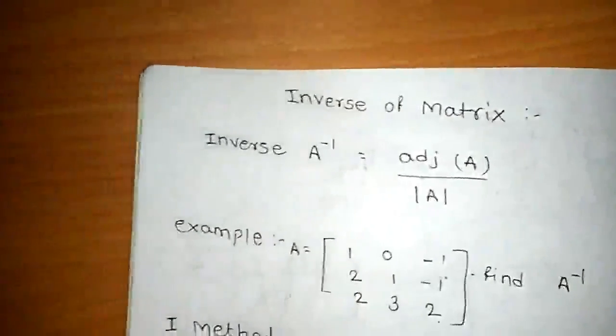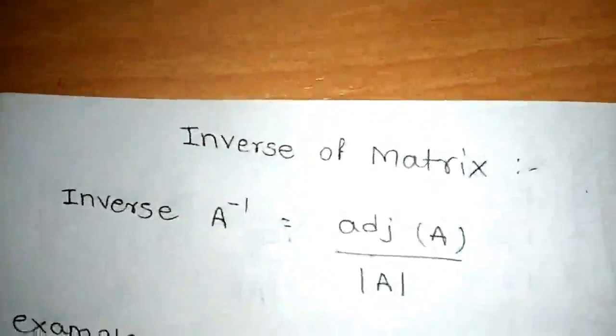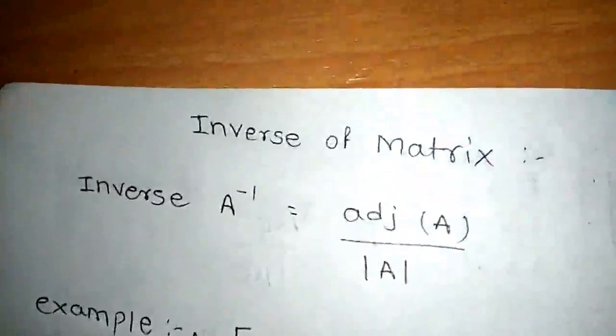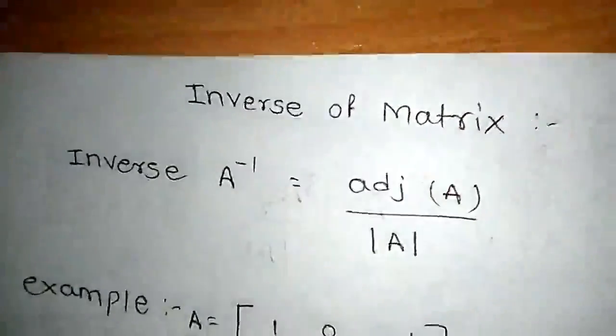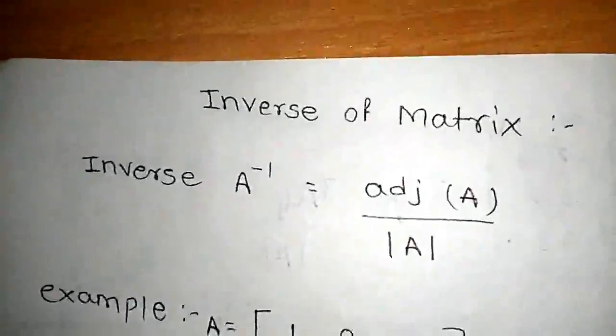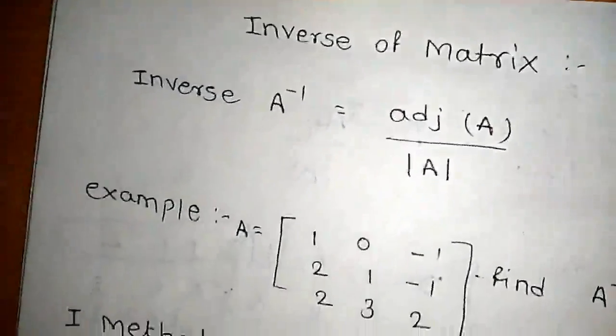Now the next is inverse of matrix. Now how to calculate inverse of matrix? Inverse is equal to adjoint of A upon determinant of A. To calculate inverse, we have to first calculate